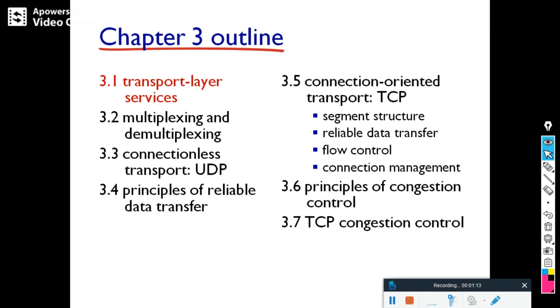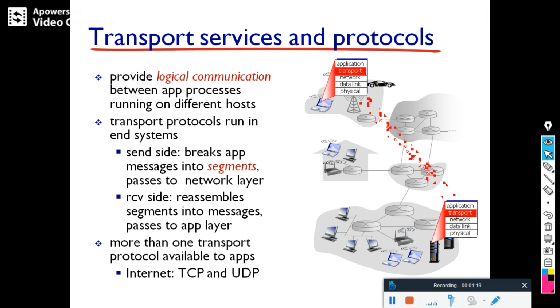In the transport layer, first we need to understand the services provided by the transport layer. In the diagram you can see two end hosts connected by means of a logical end-to-end connection. That means the transport layer provides logical communication. What do you mean by logical communication? It behaves like two machines are kept side by side and they are connected. But practically, one machine is in one corner of the world and the other machine is in the other corner of the world, connected in between by different routers, different networks, different links, etc.